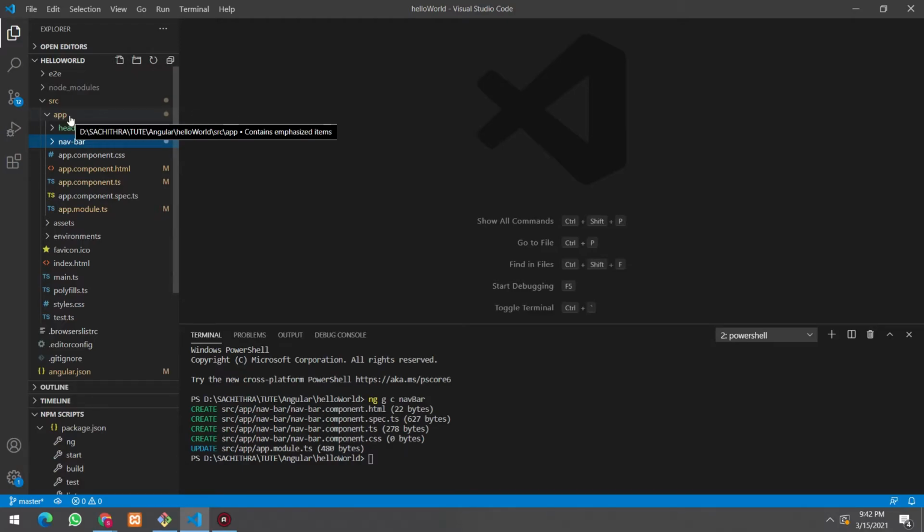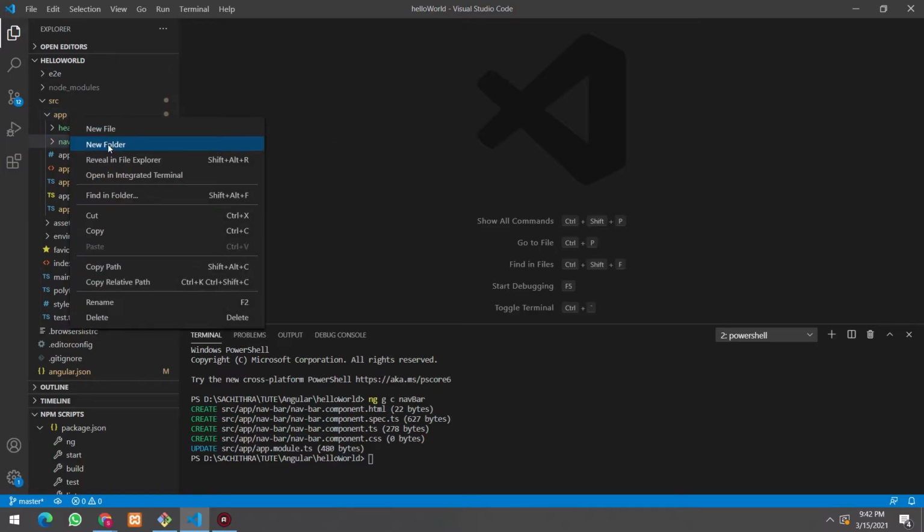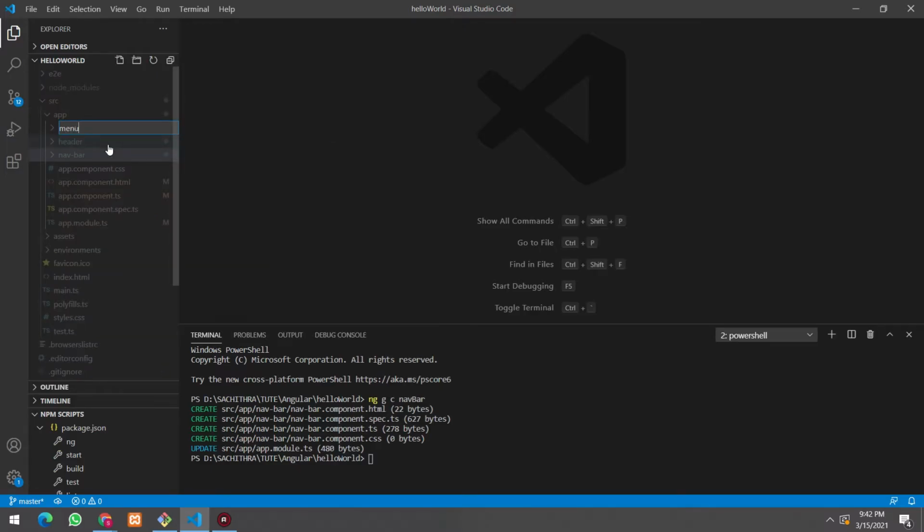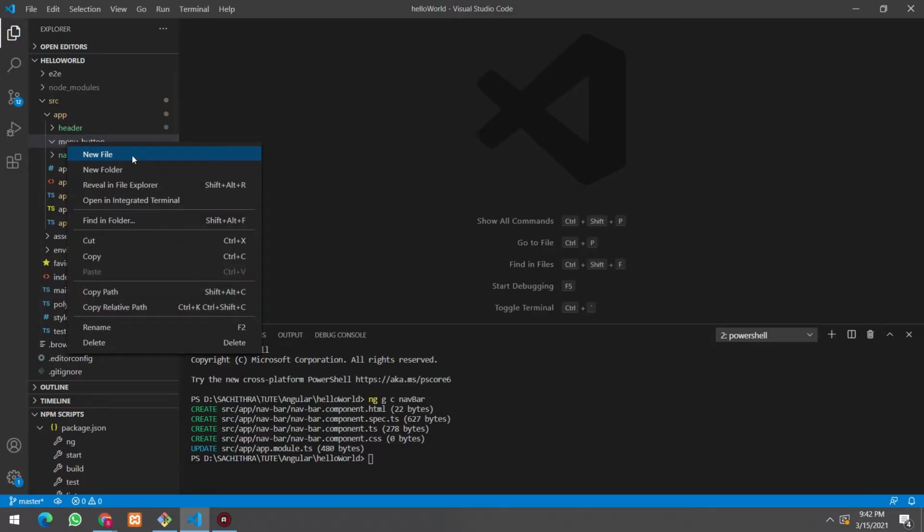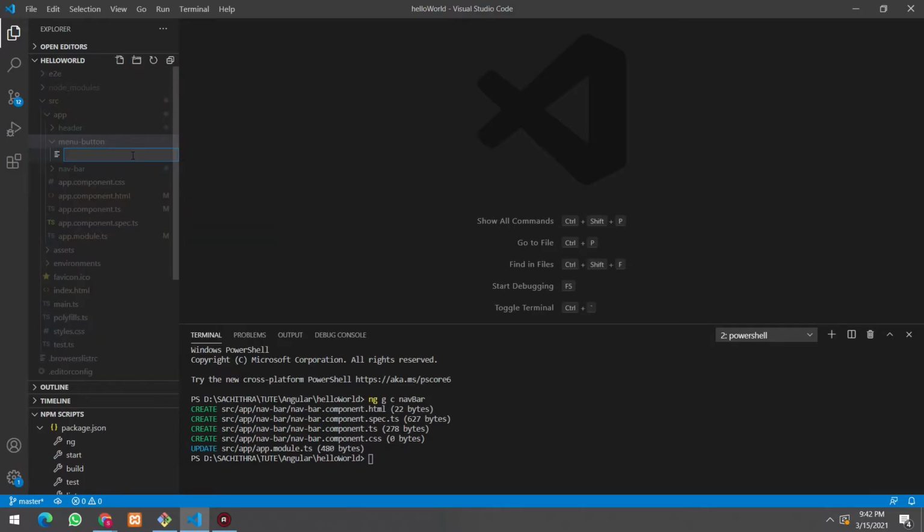Now I am going to create our menu button component, and I will add a folder here, menu button, and under this folder I will create my component class, that is a new file,